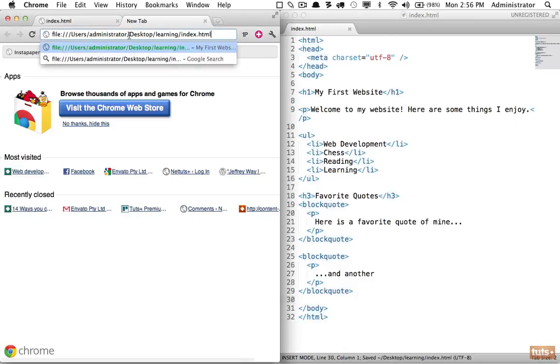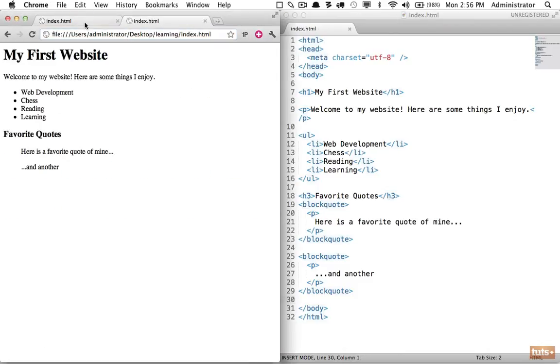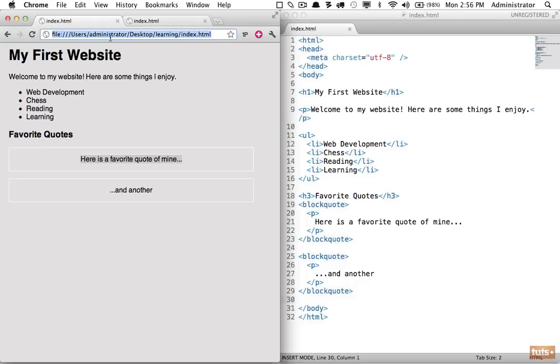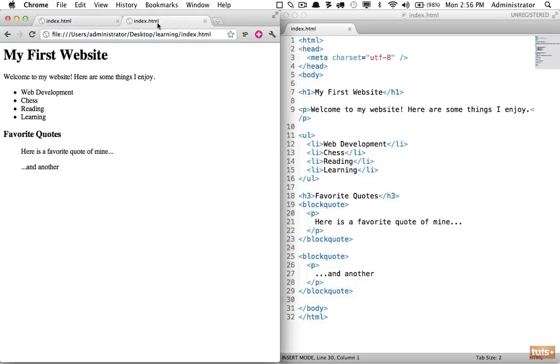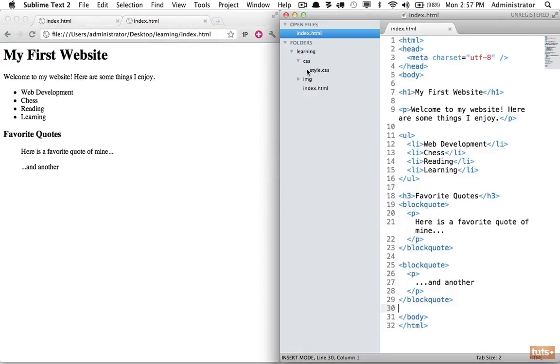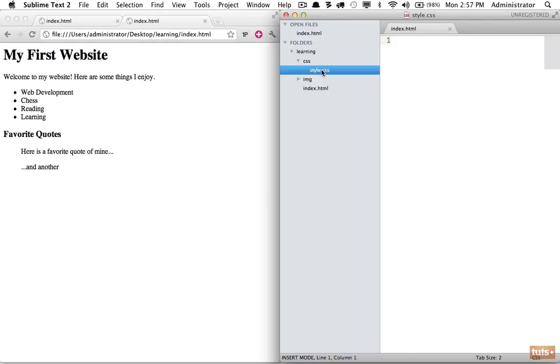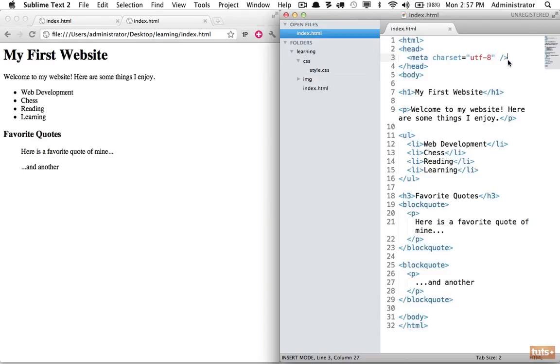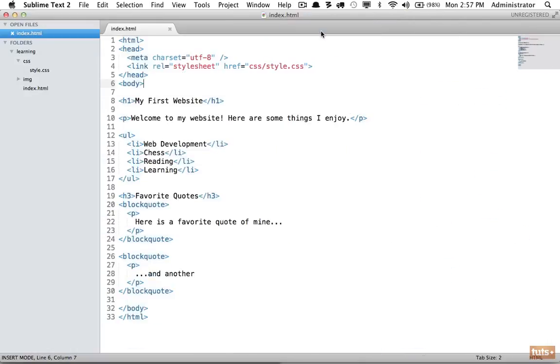I'm going to open this in a new tab, and now you can see it's very similar, but we need to add a little bit of styling here. To do that, I need to reference a style sheet. So I will bring back the sidebar, and we want to reference this empty CSS file that I've created. Let's do that now. If I expand this, you can see we're using the link element to link to a